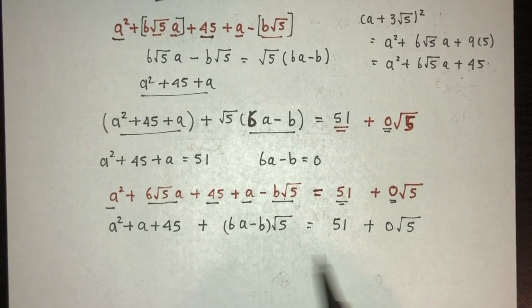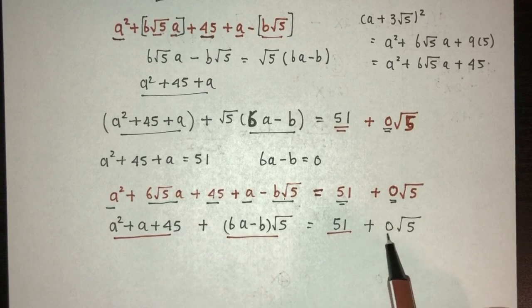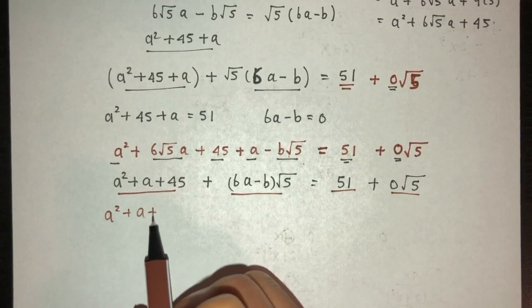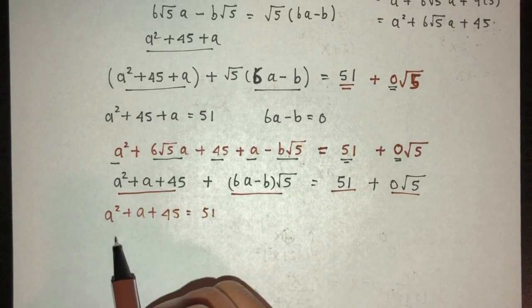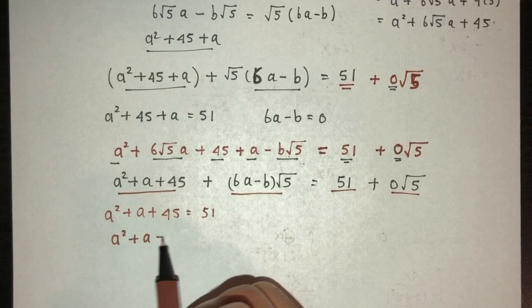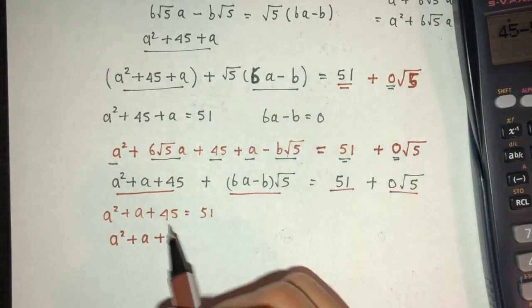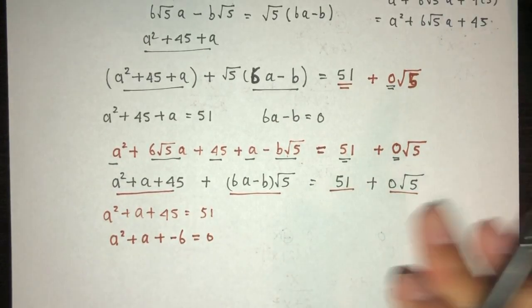Now as you can see, this one equates to this one as a constant, and this one equates to this one. So this is a squared plus a plus 45 equal to 51, which means a squared plus a plus, what is 45 minus 51? That should be minus 6. So let's solve this equation first. You will have